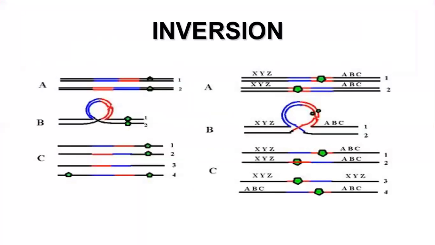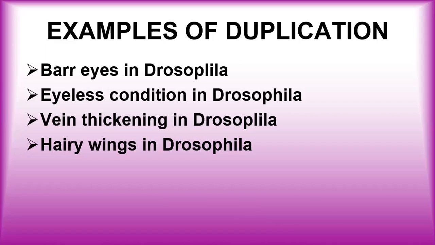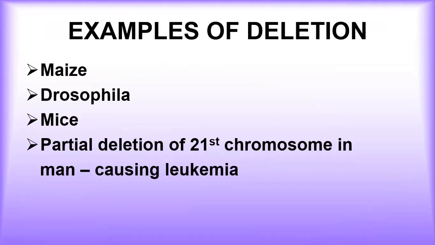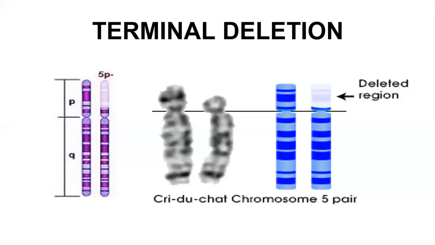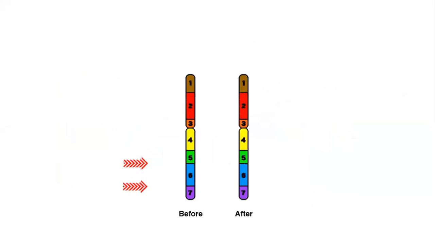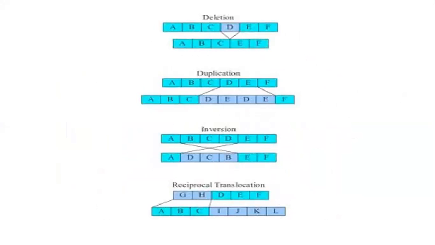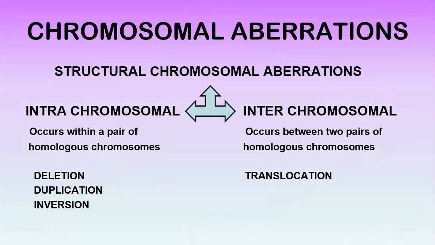Whereas the last type, that is translocation, is an example of interchromosomal aberration, meaning this will involve two pairs of homologous chromosomes. I repeat, interchromosomal aberration, meaning